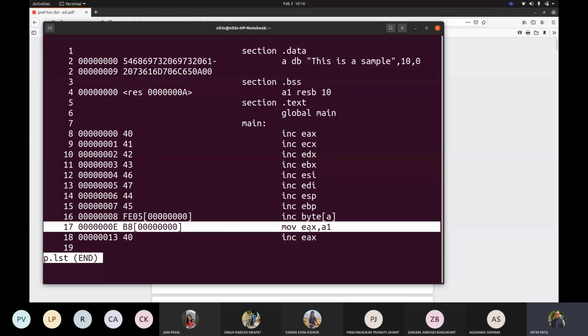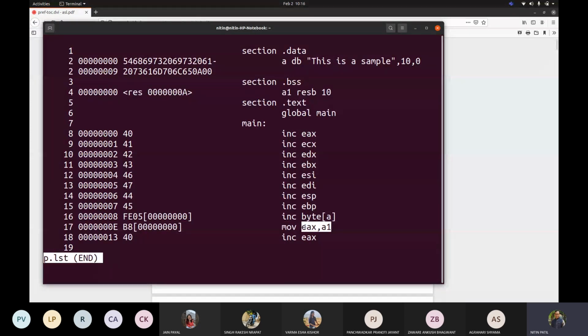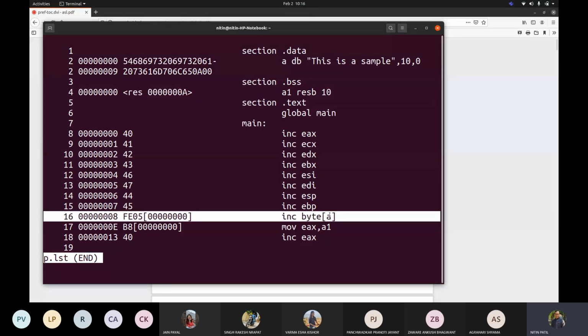So even if I write this way, because it is only assuming that a value is moved, it doesn't know whether the value of EAX is a value or an address. Correct. In this case, when I type it this way, it knows that from that address, the value is to be picked and then incremented. Correct. Now when we see this kind of stuff, how exactly is this managed inside? So we definitely need to know the opcode table. In one of the sessions, I showed you how the symbol table can be captured through readelf or nm kind of instructions.